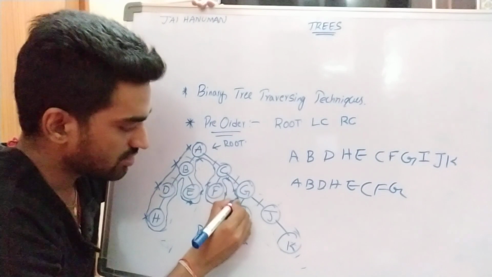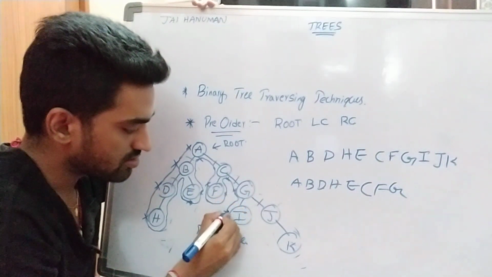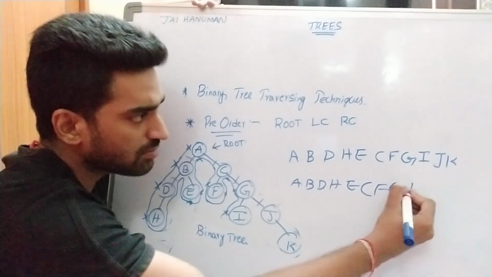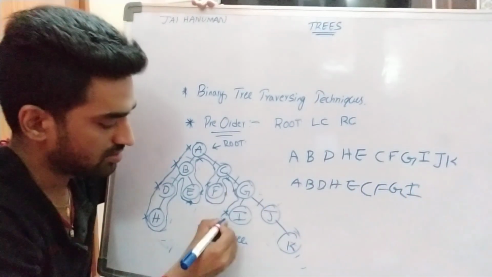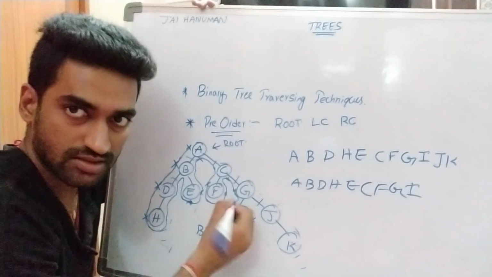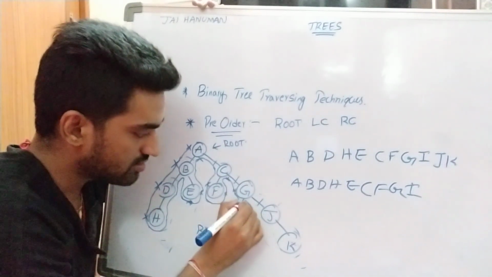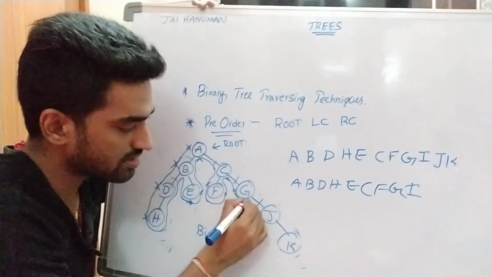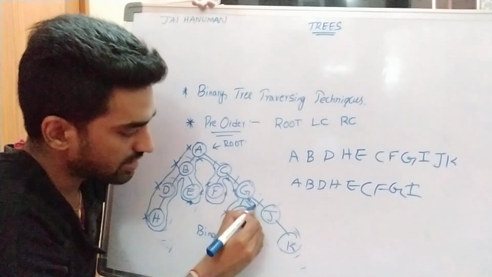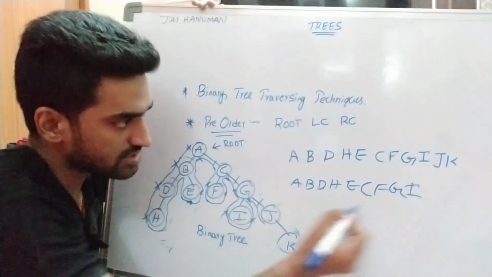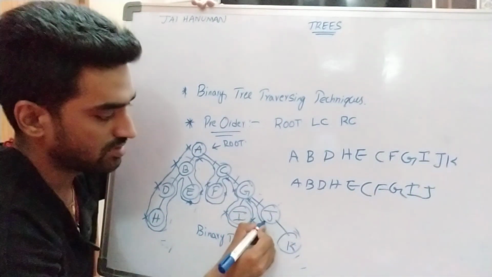Right. So again I is visited. So I is the first time visiting. So that's why here I am writing I. So after completion of this visiting, I is again visited. There is no need to write. Again G is visited. So G is already visited. So there is no need to write. Again, here traversing comes from J. So J is the first time visiting. So that's why here I am writing J.